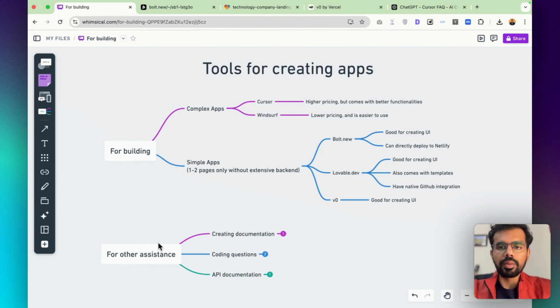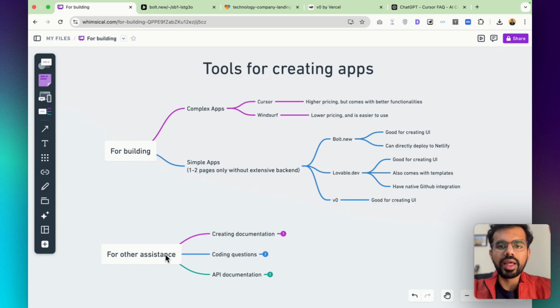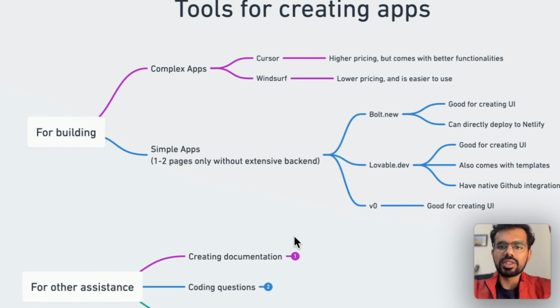Now, coming on to the next segment, these apps will help you build the tool, but you would need other tools for creating documentation. Documentation is very important when you're creating apps with AI because AI tends to hallucinate a lot if you don't specifically tell it what you want. All of these models are really smart, so they assume a lot of details if you don't specifically tell them. So you need to give them specific details about what flow you want and everything else. We will come to that in the next section. But right now, I will just mention which tools are best to use.